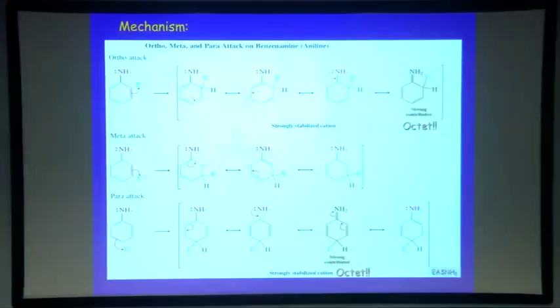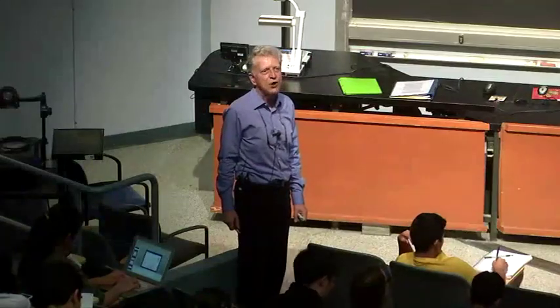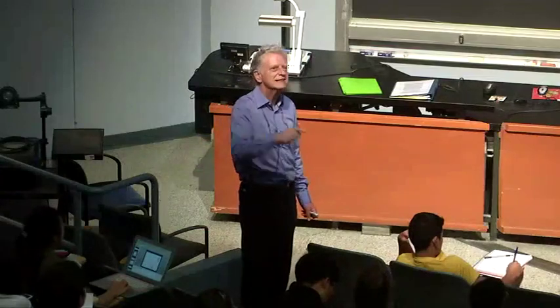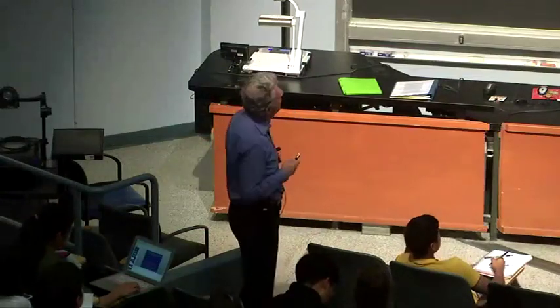So you do the para thing and you get the same result, obviously. The plus charge here is actually a reasonable stinker, but when you invoke the resonance from the nitrogen, that's again an octet. So ortho and para have some super resonance forms, namely two octets. And again, as you've seen before, if you go meta, you bypass the substituent. And in this case, you bypass a really good substituent. And so you put the plus charge here,